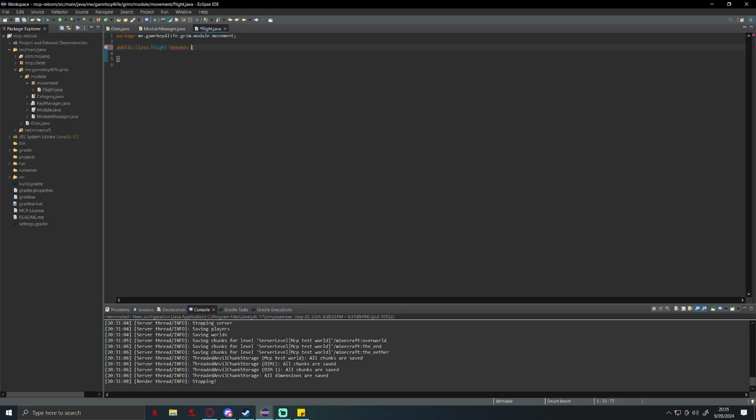So up here we need to add, so it extends Module. If you hover over Module, it should give you the option to import it. If not, we got to manually import it. So we'll do import me.gamerboyforlife.grim.module.Module, just like that. And then if we hover over Flight, you should have the option to add the constructor, which we'll do now. We could get rid of this line, and then right here where it says public Flight,